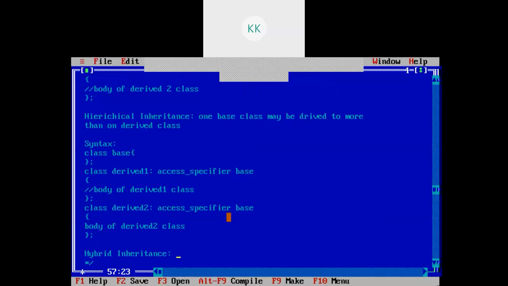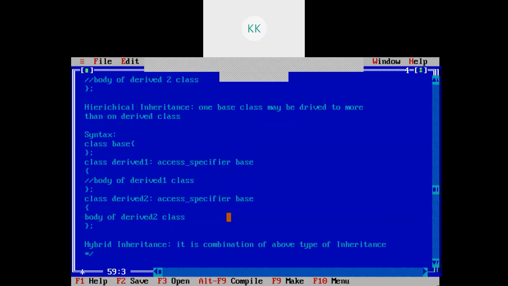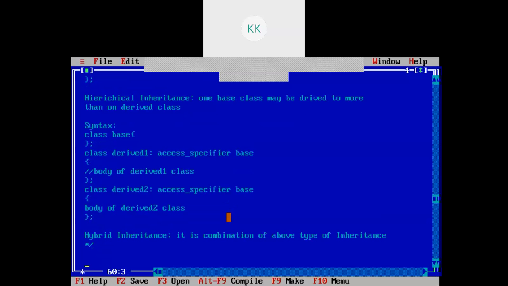In hybrid inheritance, it will be a combination of the above types of inheritance. Okay? So hybrid inheritance will be a combination of one or more types of inheritance which we have already seen, right? If anybody has any doubt, you can ask in the chat box.